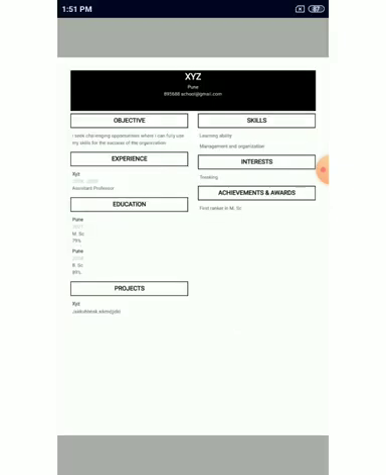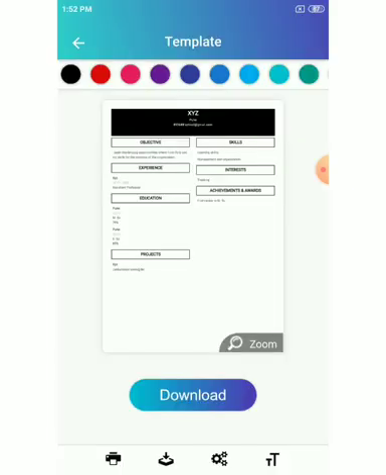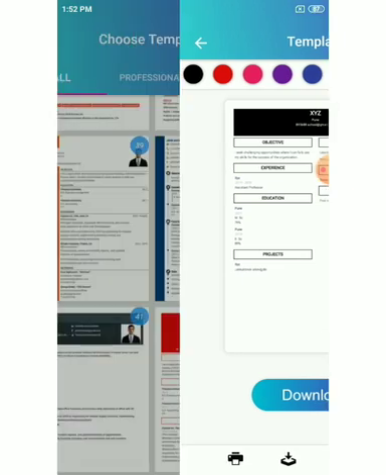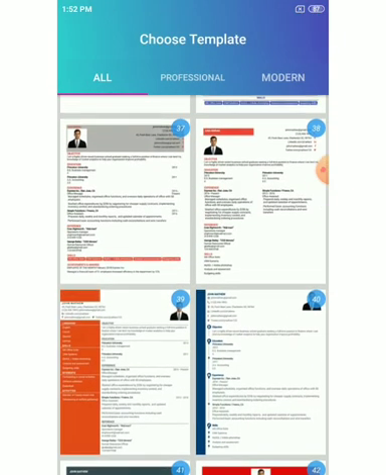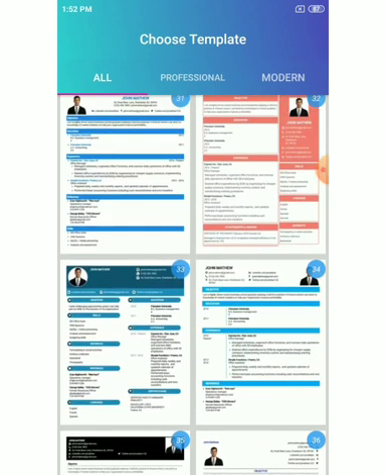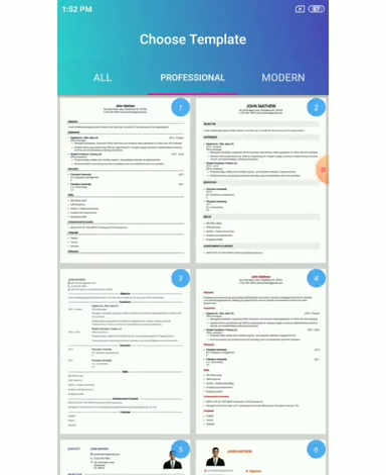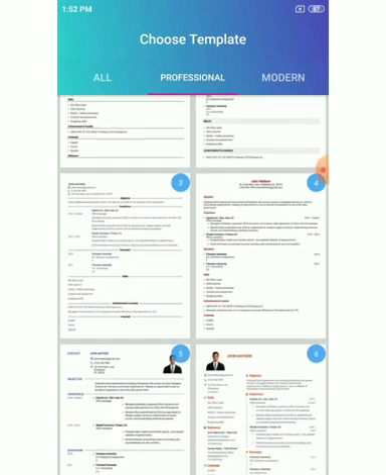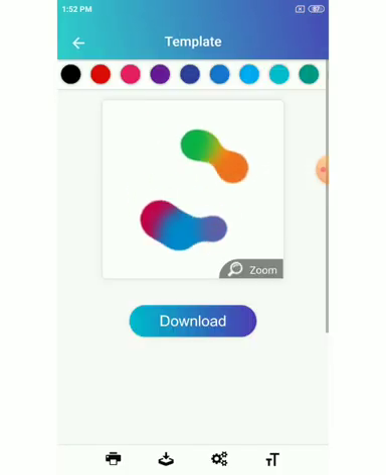See, you can zoom and see the name is mentioned above, the place is mentioned, email is mentioned, objective. Now I thought this is not a good one. What you have to do? Press the back key again. Again back key and more templates you can see. Again, which one is looking good? See, if you have doubt, you can go to the middle tab, that is professional. Now you can select from this also. See, third number, we will choose the third one. Let's see how it looks like.